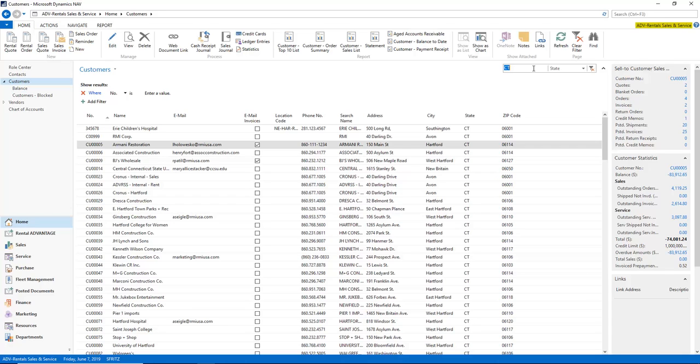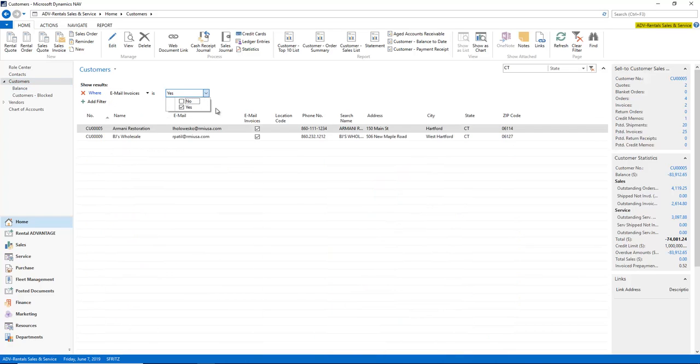If you want to filter your list by multiple criteria, you would click this small expand and collapse arrow next to the search bar. So you see when I expand it, it adds filter options here. Let's say I want to see who in Connecticut is currently receiving emailed invoices. So I will add a filter where email invoices is yes. And now I see my two customers that are receiving emailed invoices in Connecticut. If I want to see who in other states is receiving emailed invoices, I can simply clear the state filter by clicking the image of a funnel with a little X next to it,